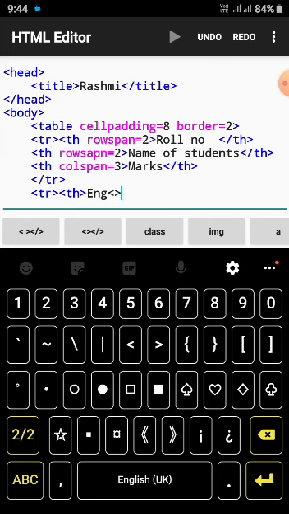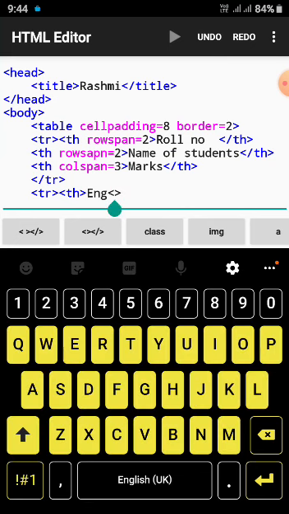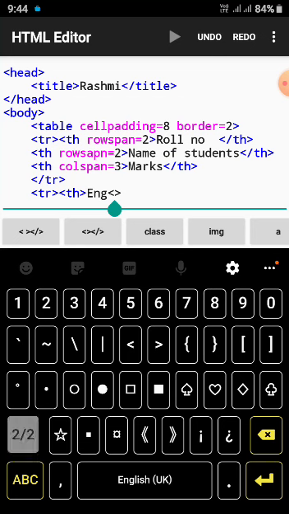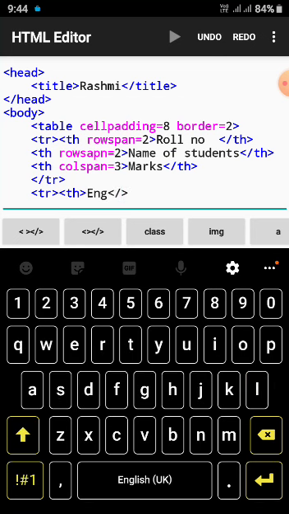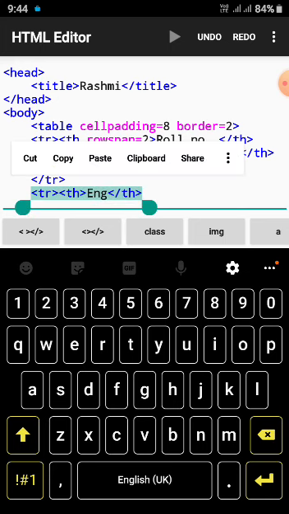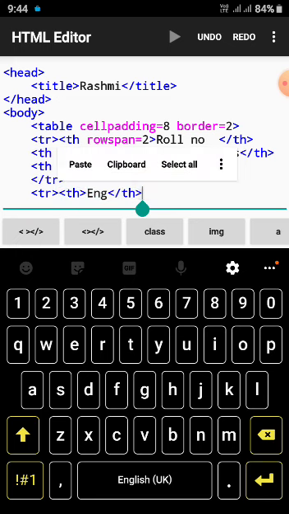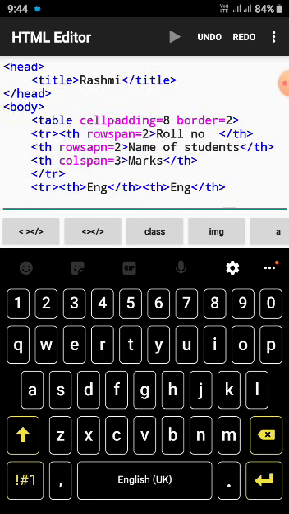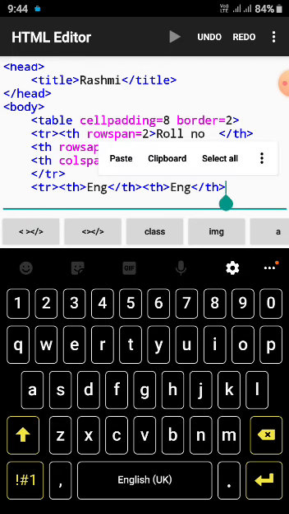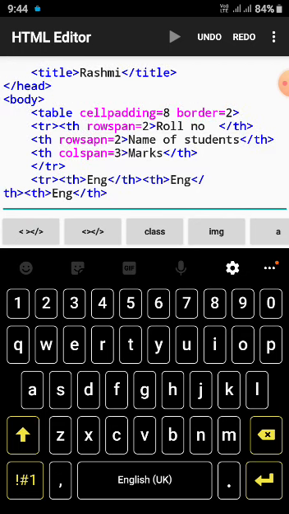Then in the same way close it with slash TH. So I am just copying, till this we have to copy for making 3. Fine, understood, students? So here I write Math. And the next one, Science.